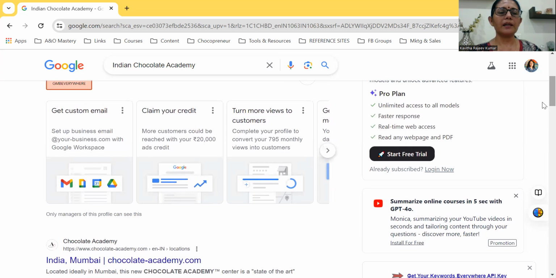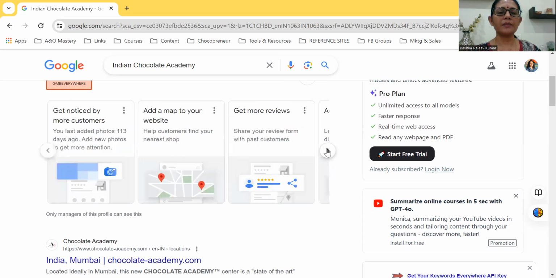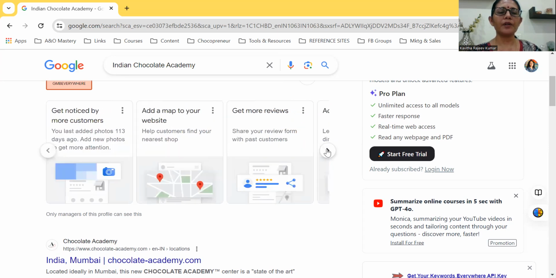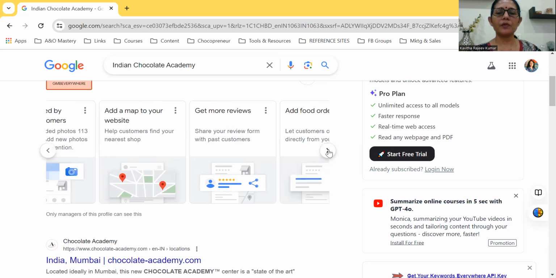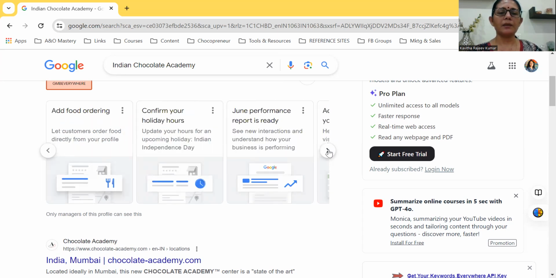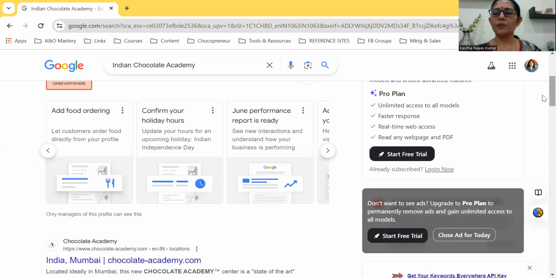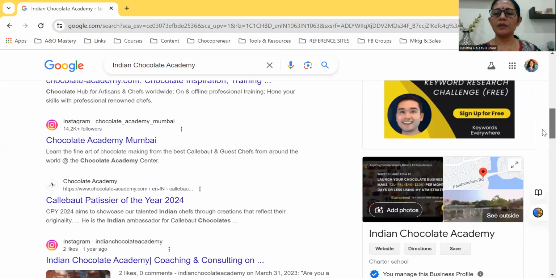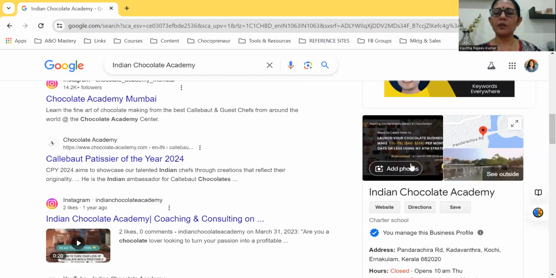Not only that, you can create a custom email, you can get customers directly here. You can add a map to your website, you can get reviews, and much, much more. So what you see here is how it will look when you search.